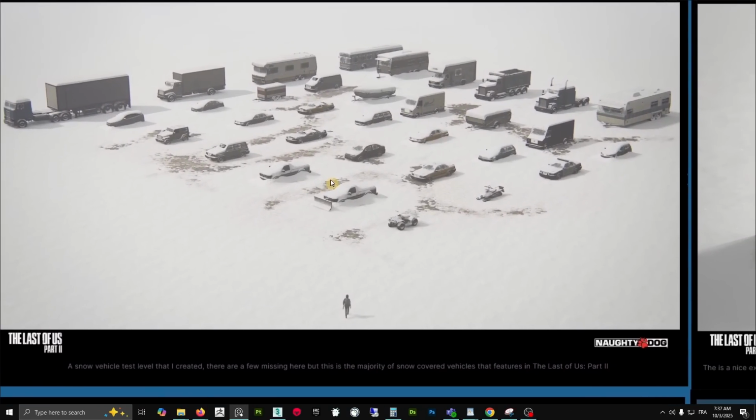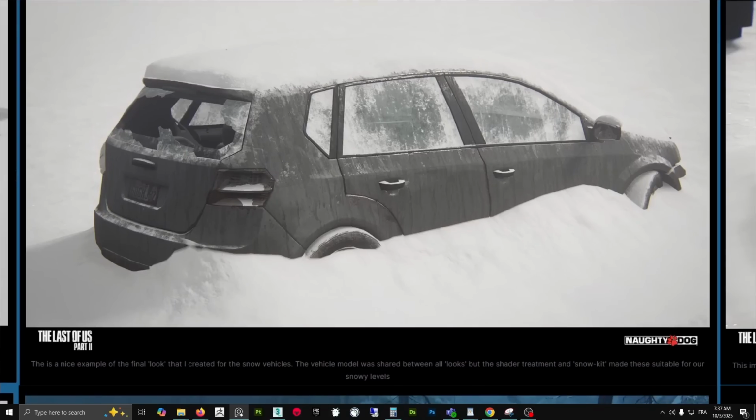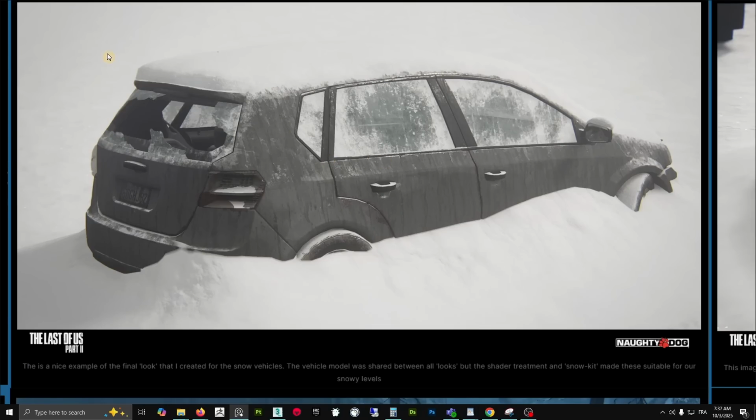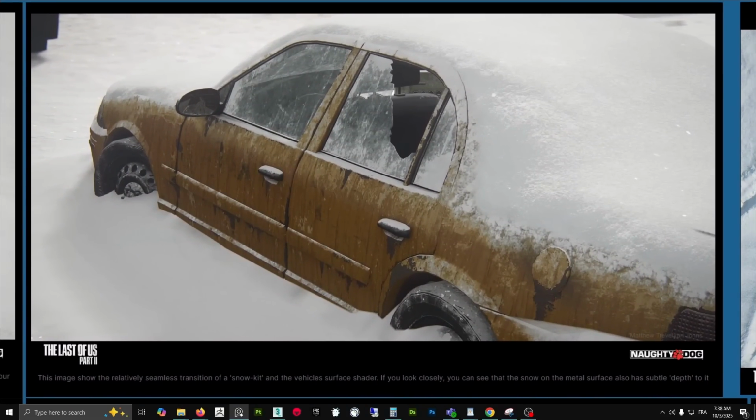So we have a little gym here, a snow vehicle test level that the artist created. There are a few missing here, but this is the majority of the snow-covered vehicles that's featured in Last of Us Part 2. So we have a good look here, and we have a closer look here. So this is a nice example of a final look created for the snow vehicles. Vehicle model was shared between all looks, but the shader treatment and snow kit made these suitable for all snowy level. So there is a lot going on, and we will explore every single layer that goes into the shader